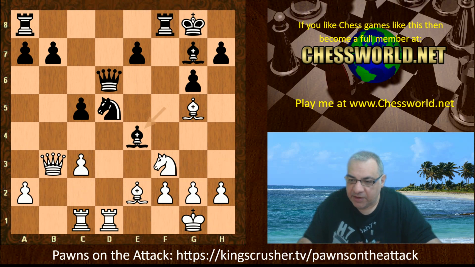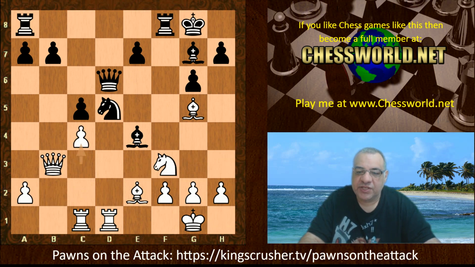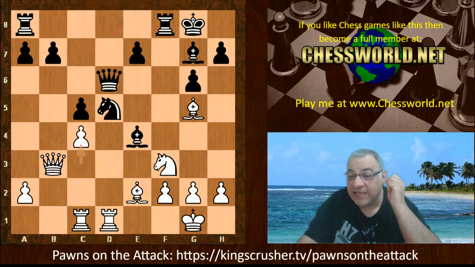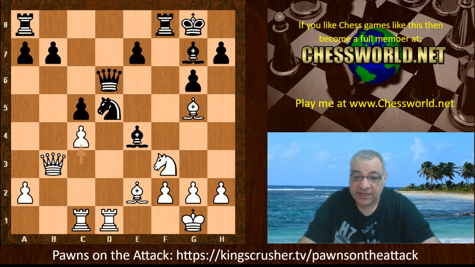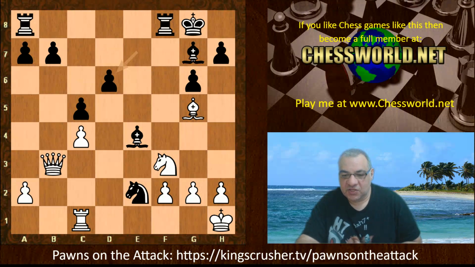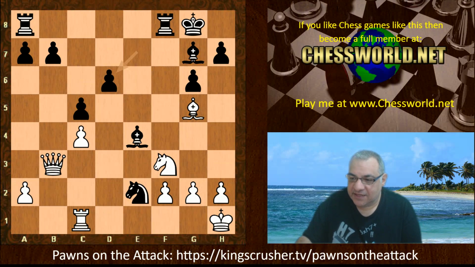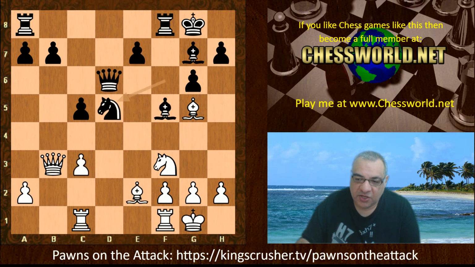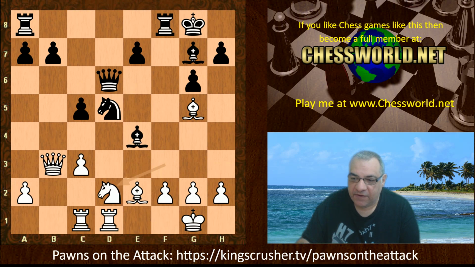If c4, you might be tempted, black actually has a brilliant resource here, which maybe both players did calculate. Knight f4, offering the queen, knight takes e2 check, and e takes, and black actually gets a small edge. So fascinating variation there. But if white plays the cards right after knight d2, then that's fine for white. So anyway, d5 was ignored,